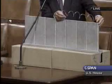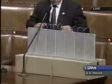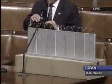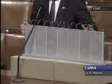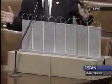I also say we need to do a few other things on top of that wall, and one of them would be to put a little bit of wire on top here to provide a disincentive for people to climb over the top, or put a ladder there. We could also electrify this wire with the kind of current that wouldn't kill somebody, but it would simply be a discouragement for them to be fooling around with it. We do that with livestock all the time. So I submit we build a wall like this. We do it for as many miles as we can, as many miles as we need, but it's roughly going to be 2